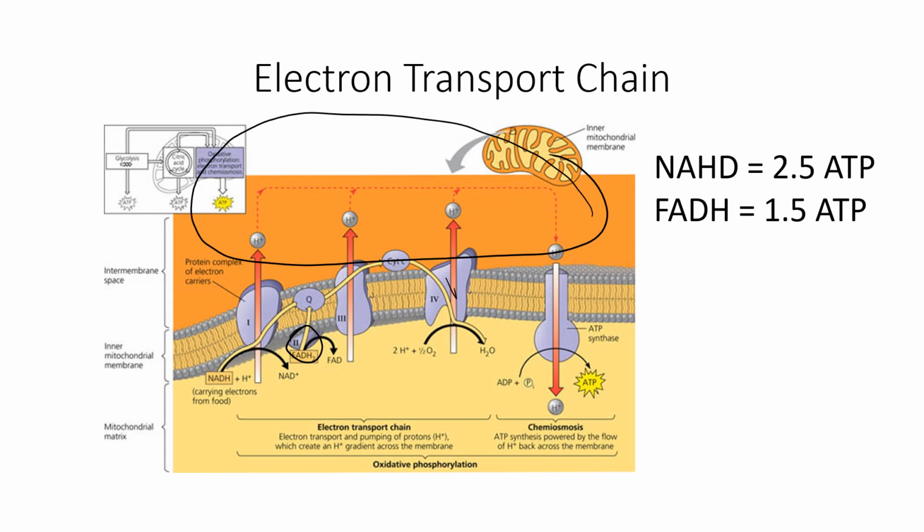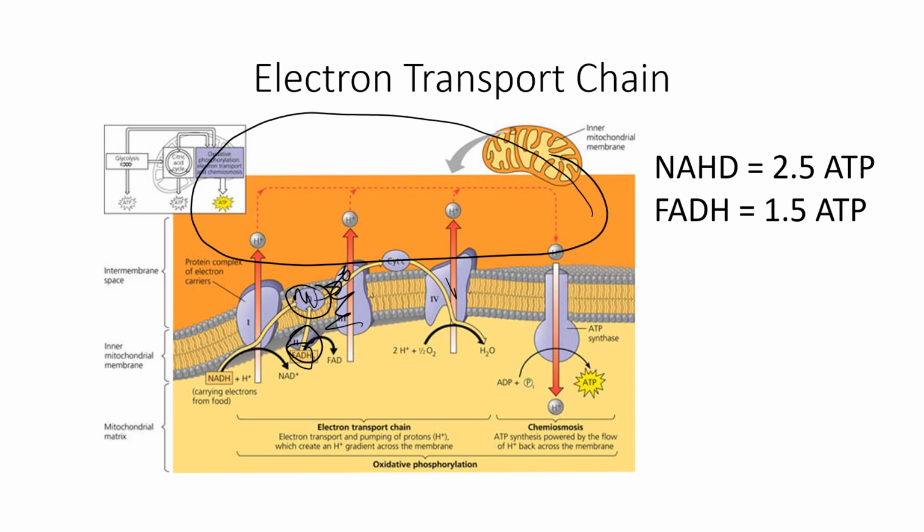Okay, so complex 2 oxidizes succinate to fumarate, and that results in the production of FADH2. All of this we collectively say happens within complex 2. FADH2 within complex 2 is then oxidized by coenzyme Q. Right? Coenzyme Q becomes reduced, and then it carries the electrons to complex 3, which oxidizes coenzyme Q, and then